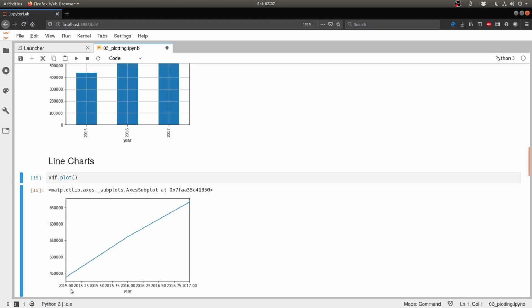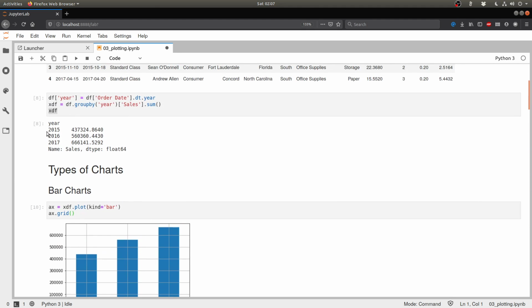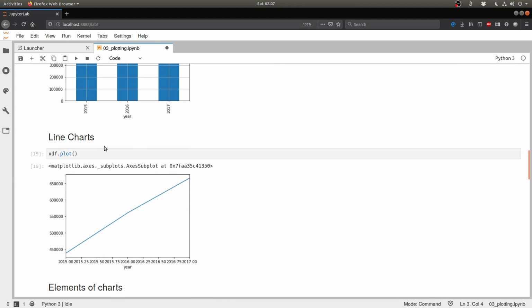If you look at my x-axis, you have things all the way from 2015, 2015.25, which is, I don't know, 3 months, 1 quarter into the year. Then there is 2016, 2016.25, 2016.5, all the way up to 2017. So this is not readable at all. And essentially, if we just have 3 values in the x-axis and a bunch of values on the y-axis, it's just going to draw a straight line. So you see that a straight line is not very suitable when you have very few data points to draw. In this case, we have actually only 3 data points. So when you have a very small number of data points to draw, and especially if the values on the x-axis are categorical values, then we might not want to use a line chart.